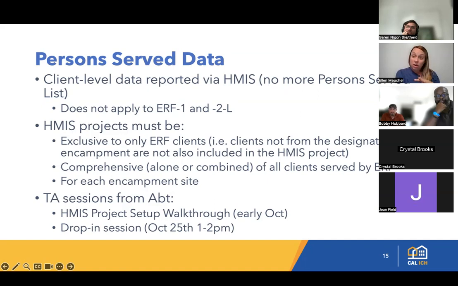And then the R, which is this round, so ERF2R, is taking that new batch of funding and collecting new applications on a rolling basis. So the applications submitted to ERF2R were received and reviewed at different timeframes, and because of that, awards were released at different timeframes as well. While I don't have a specific list in front of me of the ERF2R Wave 1 grantees, it is those grantees that have received funds at this point.